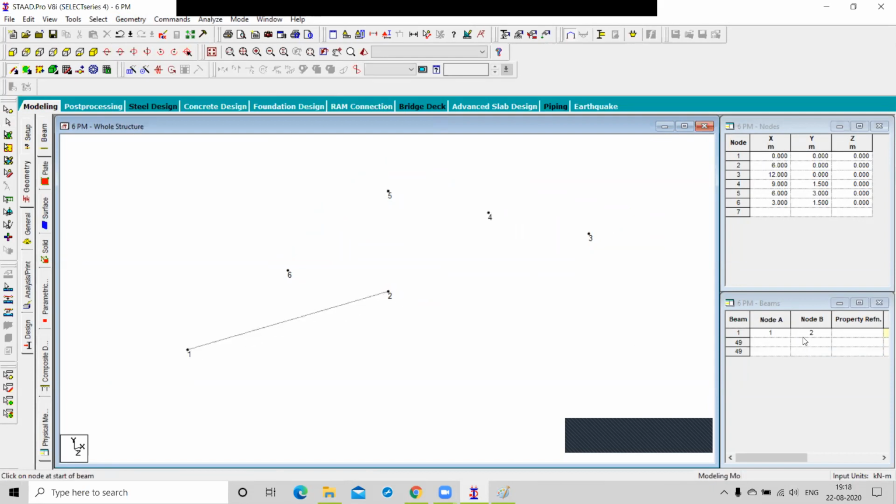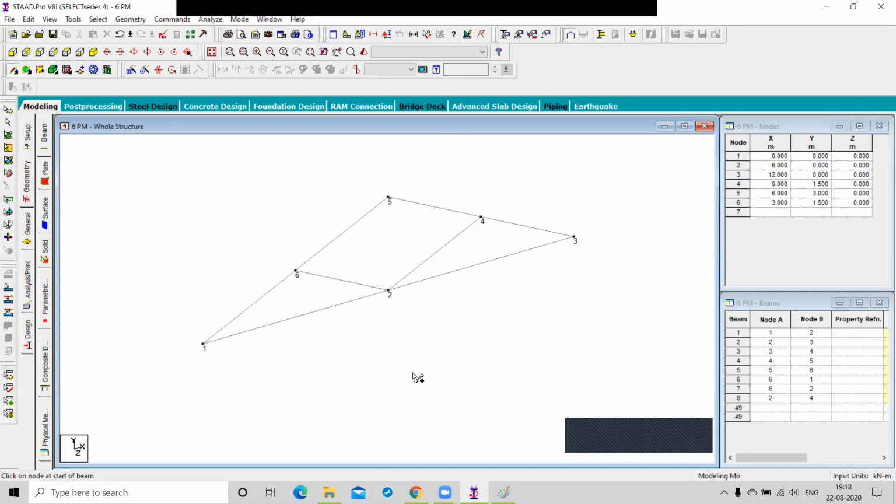See, the node number appears automatically here, like this. Just clicking on the nodes, the node numbers are automatically filled in the table. So this is the process to draw manually by clicking on the nodes, right?